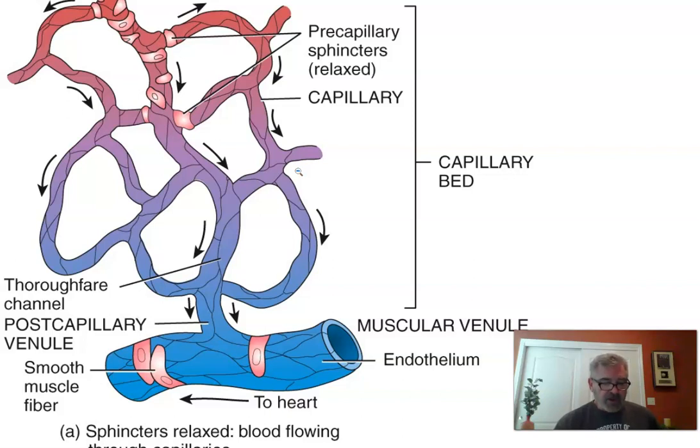The reason they're called that is that's where the exchange takes place between the blood gases. We exchange O2 for CO2. We exchange nutrients for waste and things like that. Okay, so when you look at a capillary, because it has to make this exchange, the capillaries essentially are very,